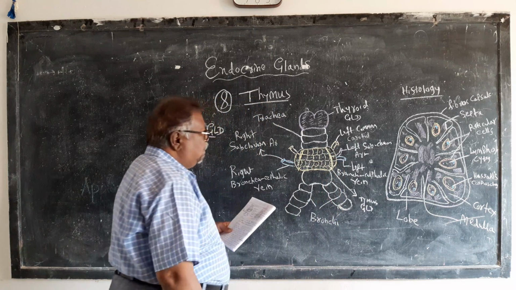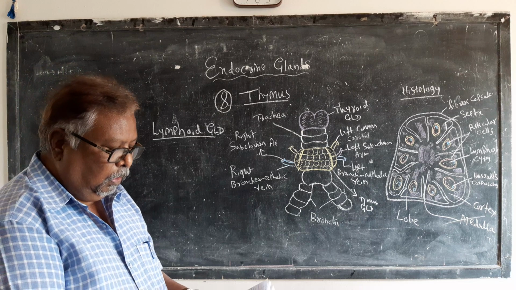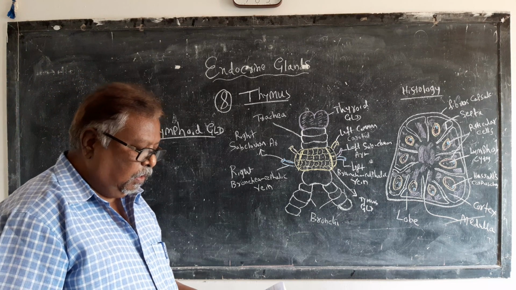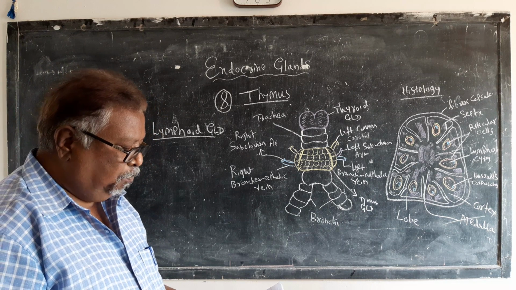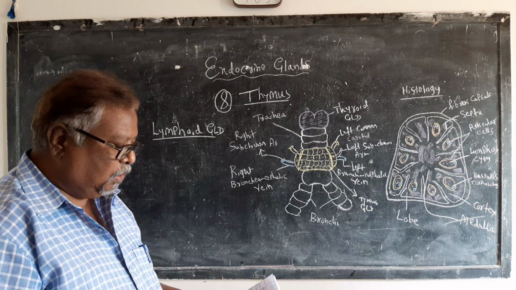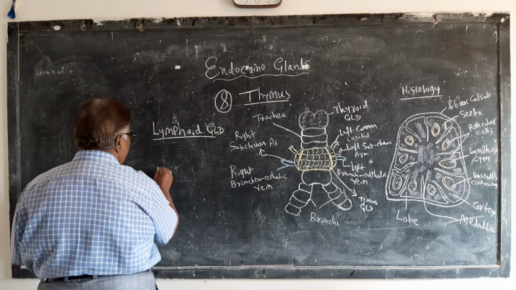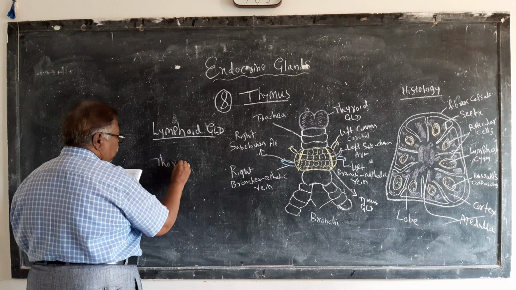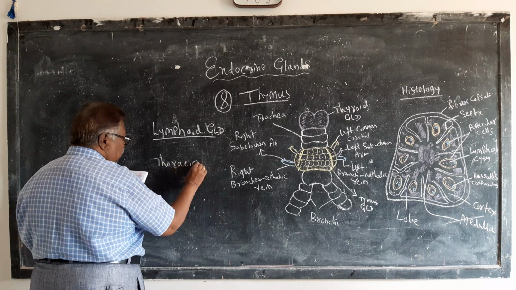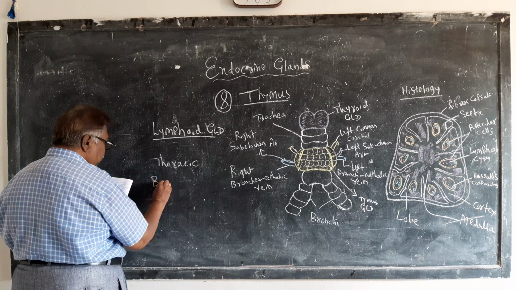It is a pyramidal mass found in the thorax, below the sternum, and above the heart and aortic arch. It is found in the thoracic region, below the sternum,